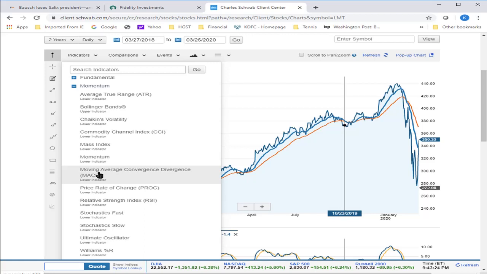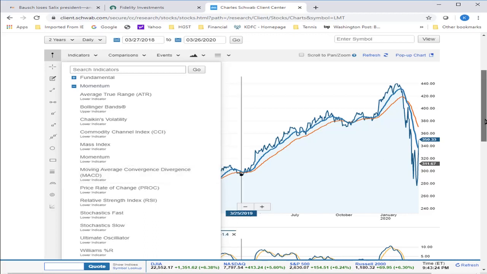In Charles Schwab, the upper indicator is the price chart, and when they add it to the upper, they basically superimpose it. If you add it to the lower, it basically appends below the chart. And if you have multiple lower indicators, they add it below the previous lower indicator. So you just add on instead of superimpose. So under the MACD,